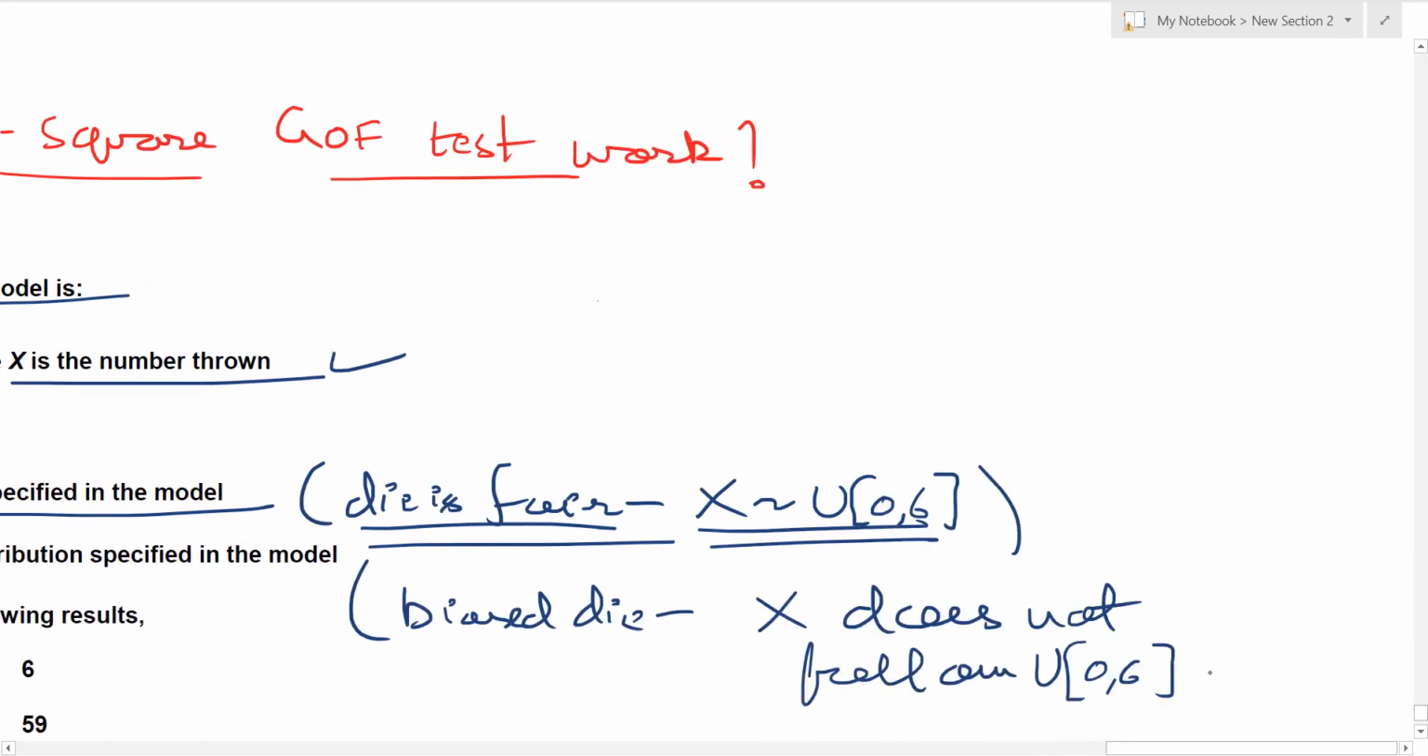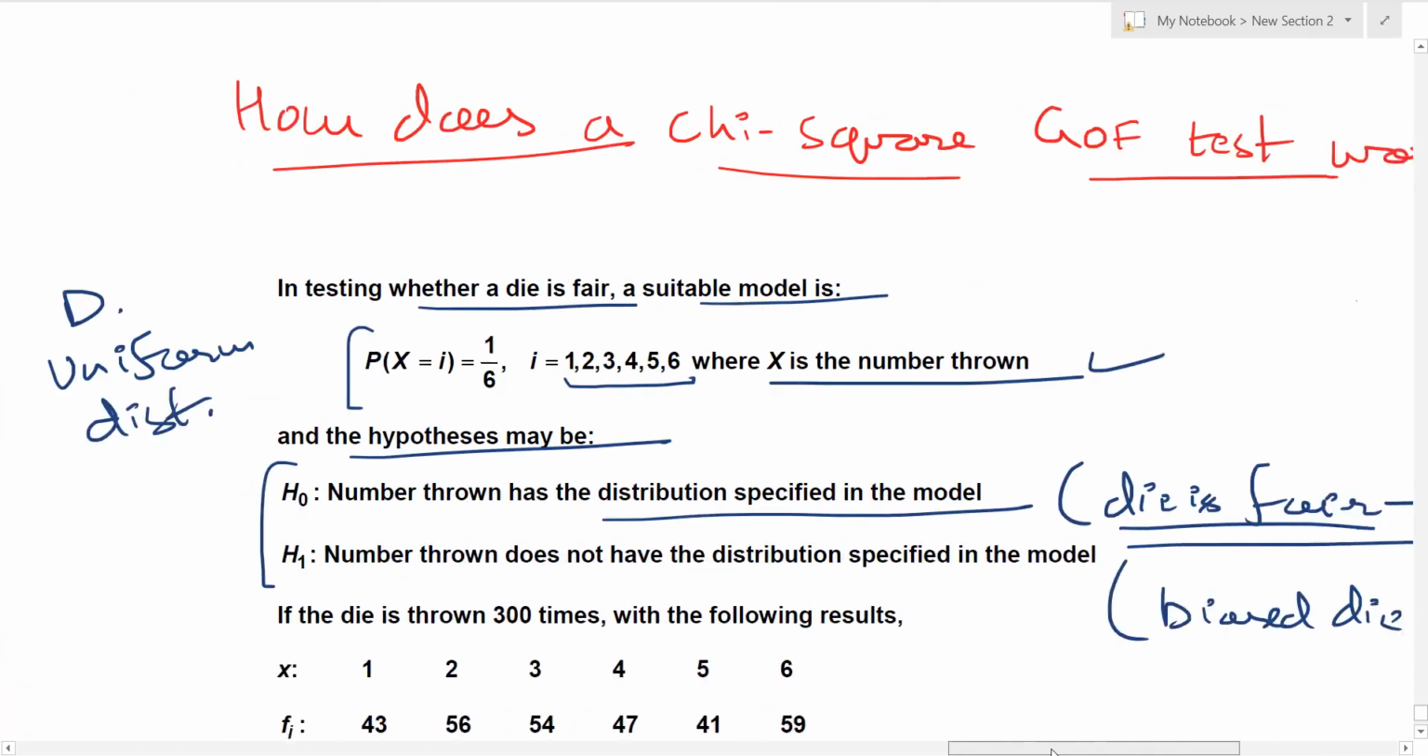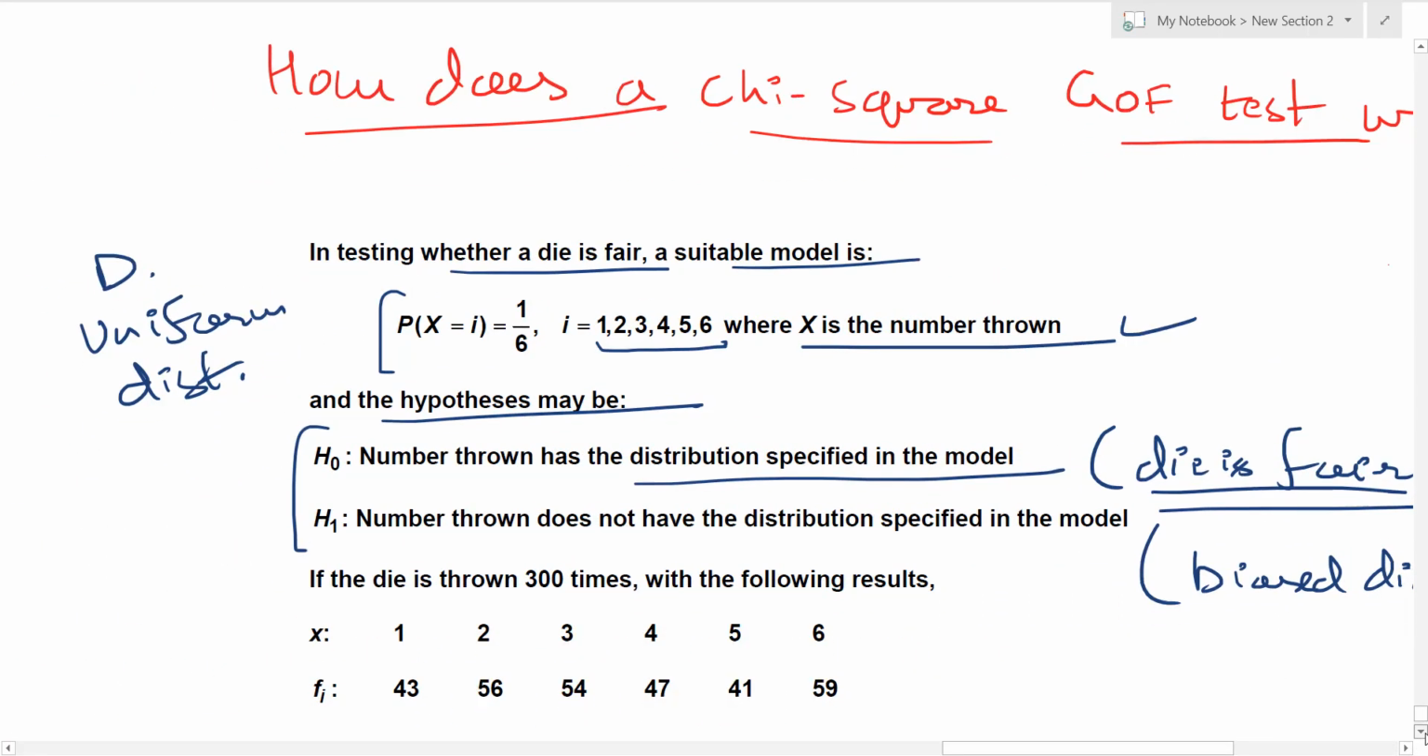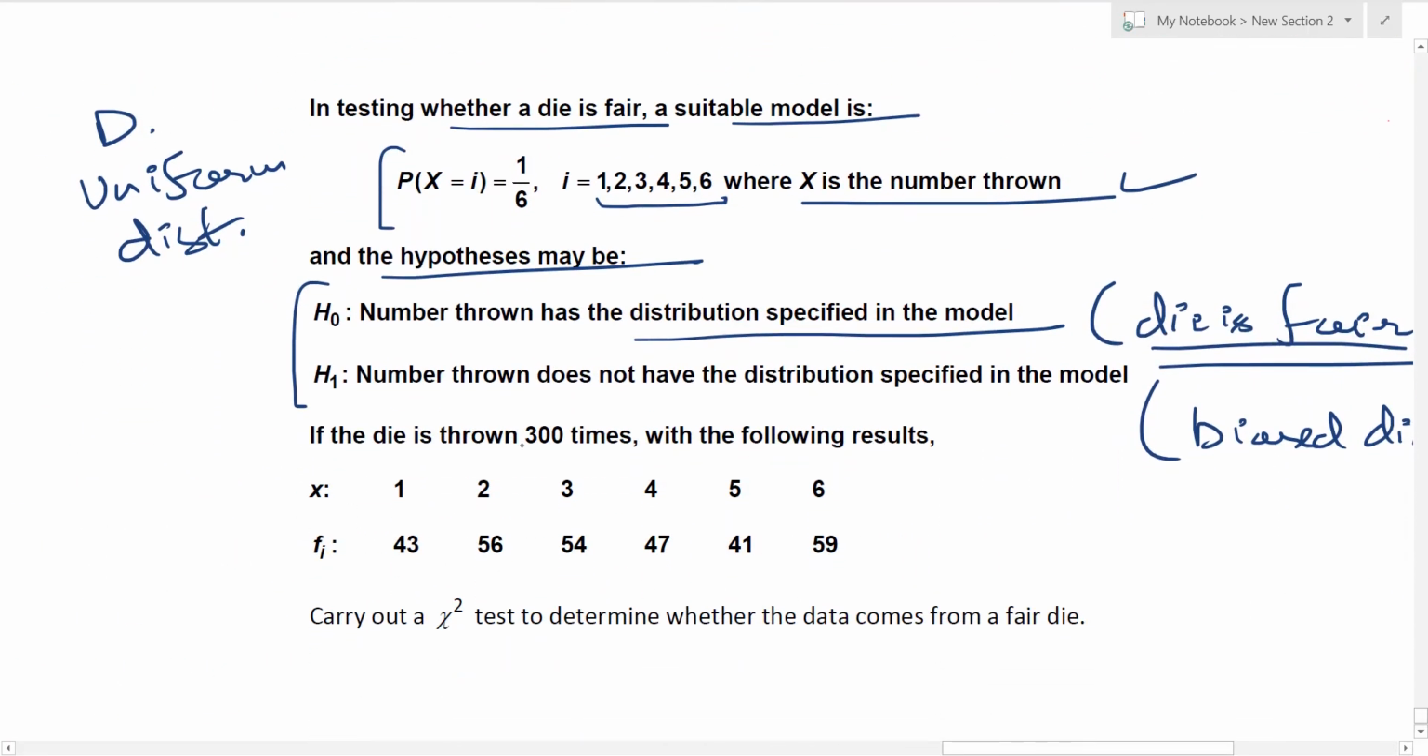Okay, so that is how it works, right? Now if the die is thrown 300 times, which has the following results. These are the results of throwing the die 300 times. 43 times you have got a 1, 56 times you have got a 2, 54 times you have got a 3,